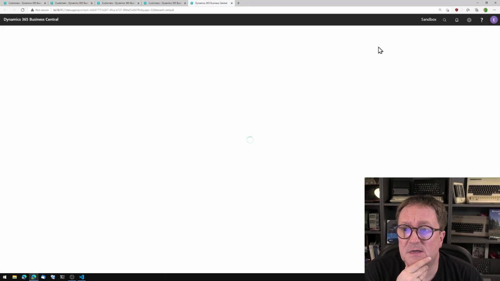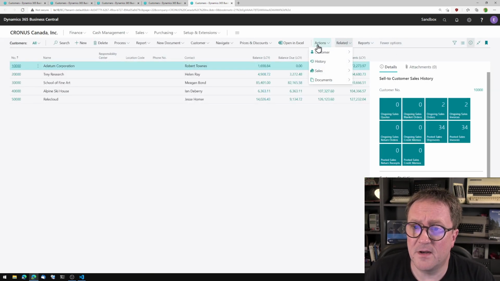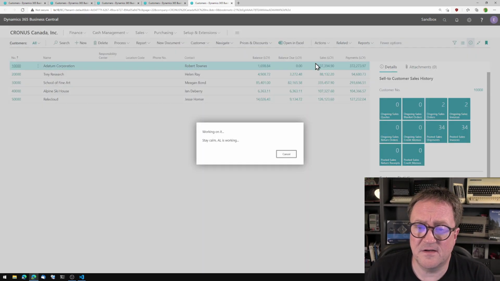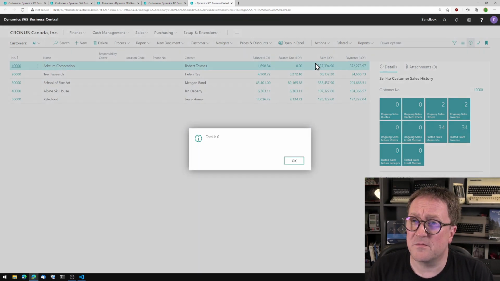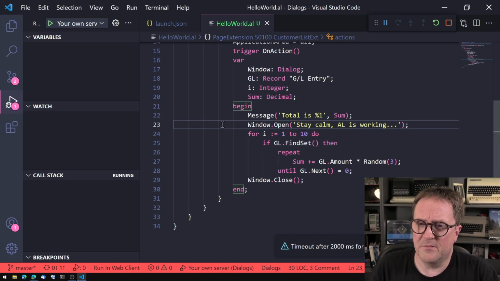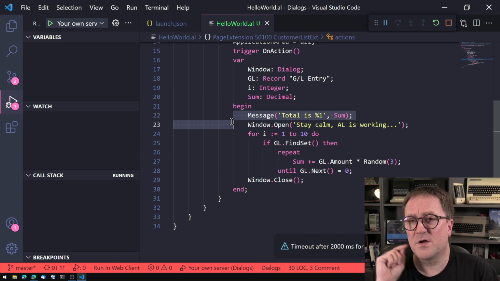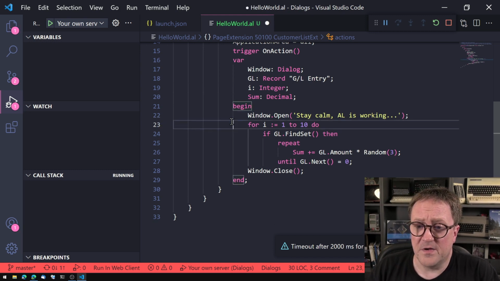Come on, BC. Come on. Action, test. Working on it, AL is working, total is 0. So we're still just getting the message when we're done, even though the message was the first thing that we popped up. So this one will not show until we are at a point where the user can interact with the system. The window, on the other hand,